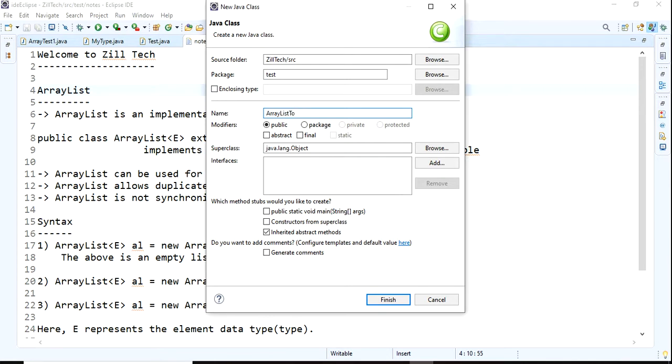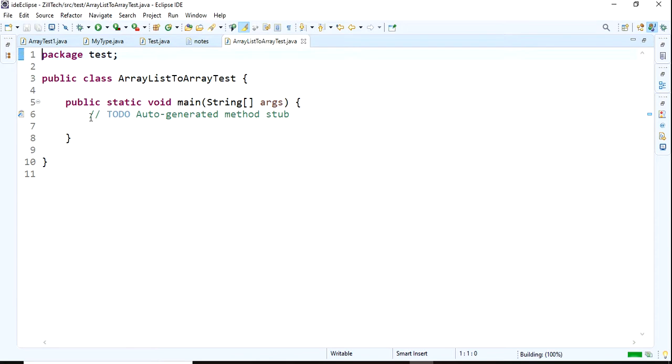Array list to array. Test. Take one public static void main and click on finish. First we will create one list, then we'll see how to convert it.